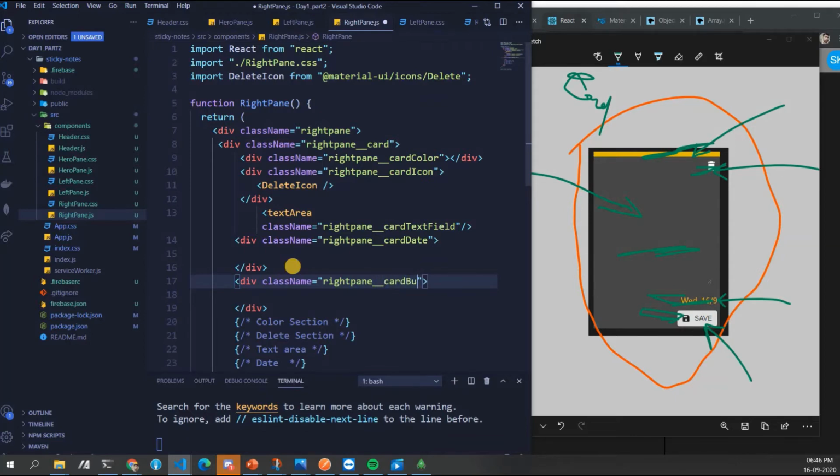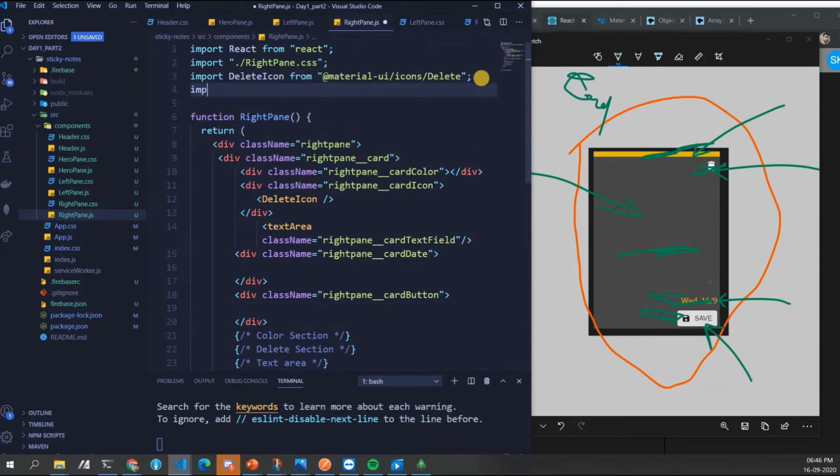Card button is there. Lastly, we have a button, the save button. So for the save button, let's first import a button. How to import a button? Just write import button from